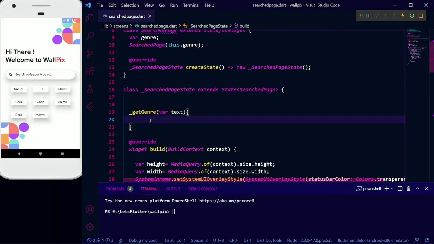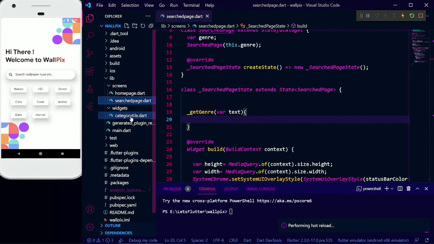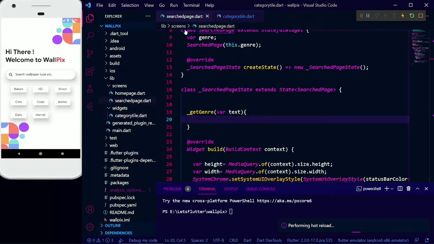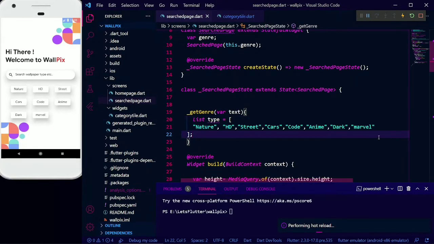Now we will declare a list, which we already have in the category type, so we just need to copy it and paste it over here. So we got our type.